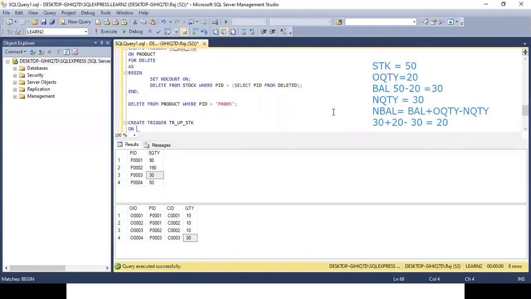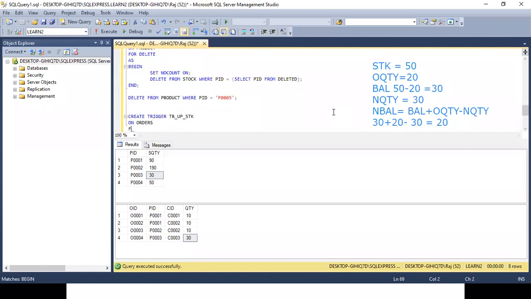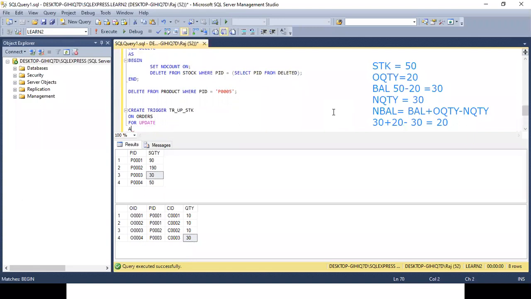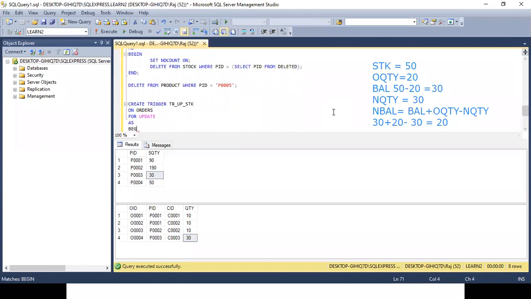Please try to understand in which table the action will occur. In orders. For what will happen in the orders? Update. Very good. For update as begin.